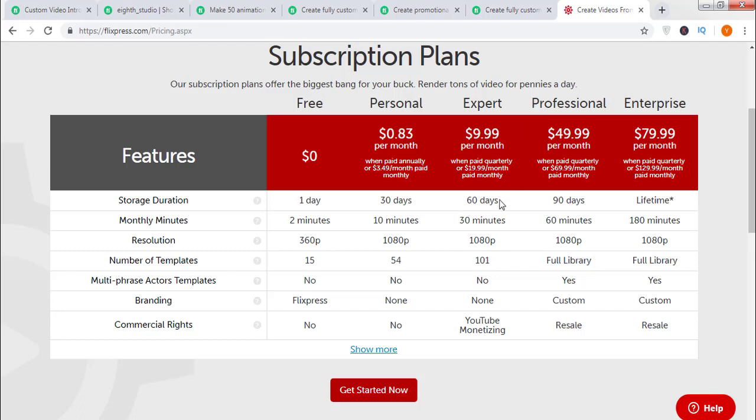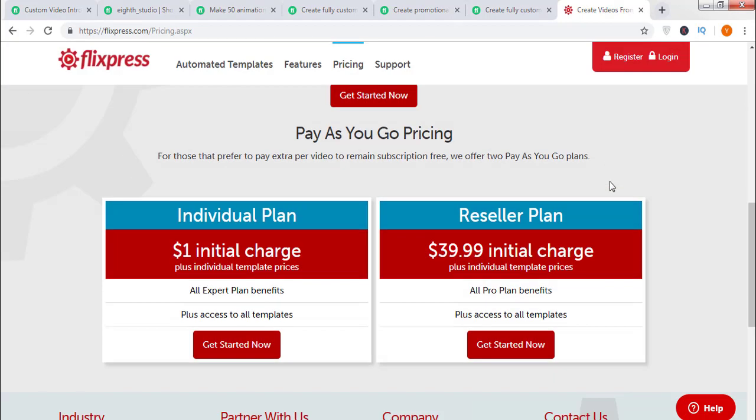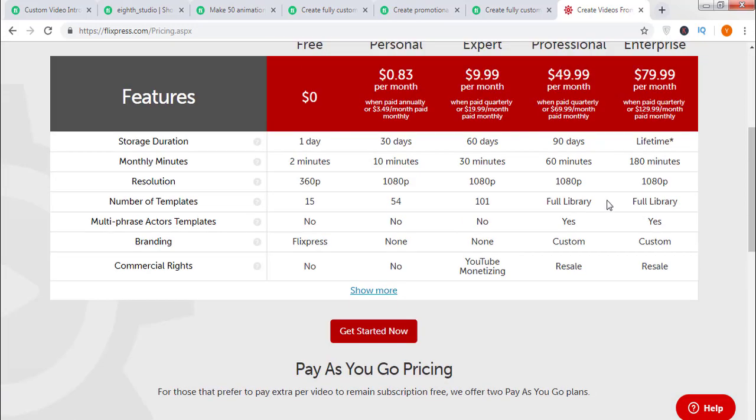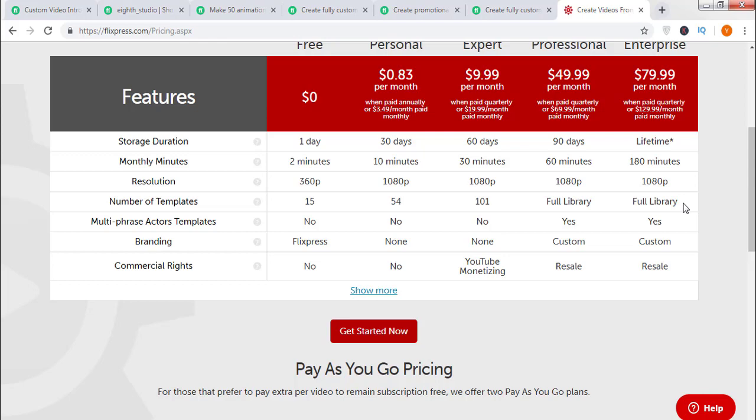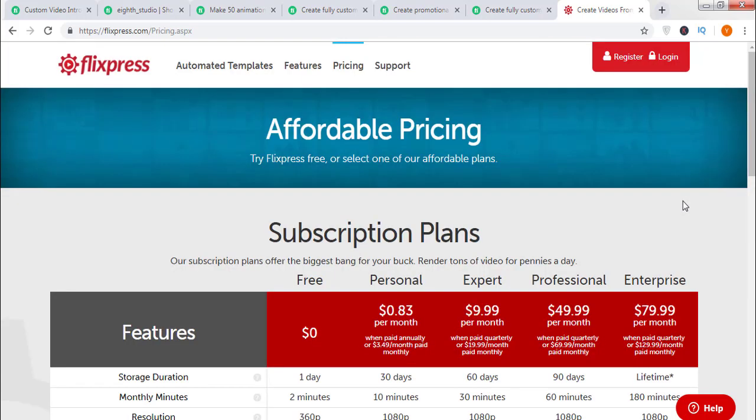So you can start with the free option, or you can even buy the personal plan, and once you start getting orders, you can definitely move upward. This is a great site, and there are tons of options available. I know people are using this FlixPress. This is the most popular site out there. Definitely you need to invest something at the start.